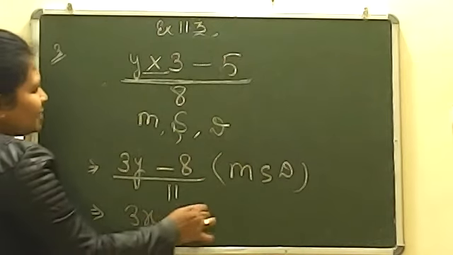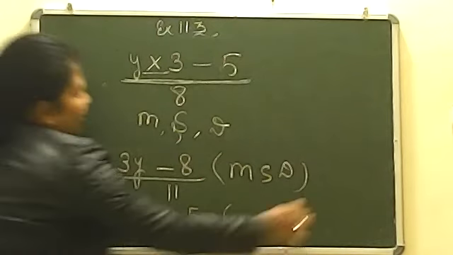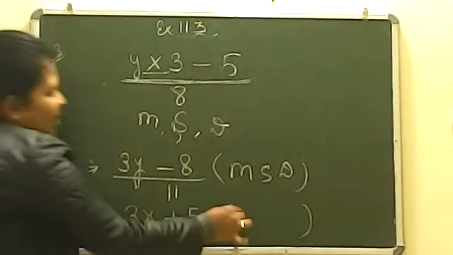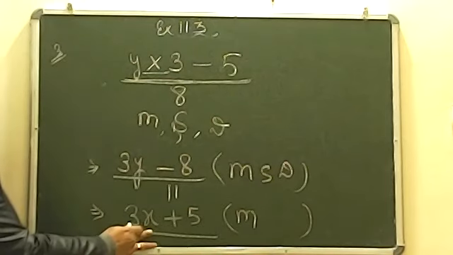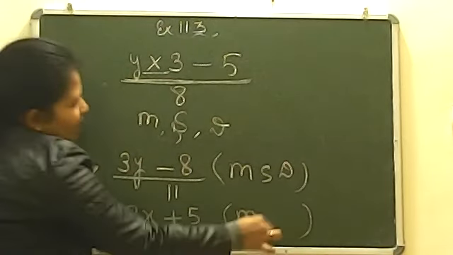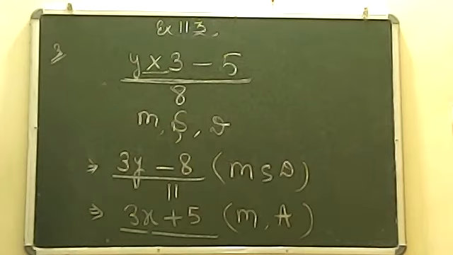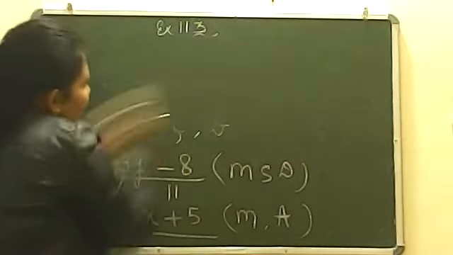Last question. 3x plus 5. Which operator is used here? Very good. Multiplication, 3x का मतलब होता है 3 into x, plus मतलब addition. So M and A. So these are the operators which are used in question number 3. Okay, so question number 3 is also done. You have to only guess which operators are being used here. Fine. Now, may I know from you all the last question? Let me just check your logical ability.